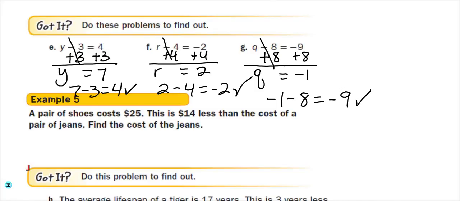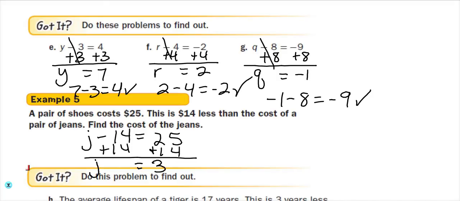All right, speaking of money, we're going to do a little shopping here. It says, for example 5, a pair of shoes costs $25. This is $14 less than the cost of a pair of jeans. Find the cost of the jeans. So let's take a look at this one. So we have the jeans, and they are 14 less than that. So that's going to be minus 14, and that's supposed to make 25 to make the shoes. All right, so how much do the jeans cost? Well, we're going to add 14 on both sides,